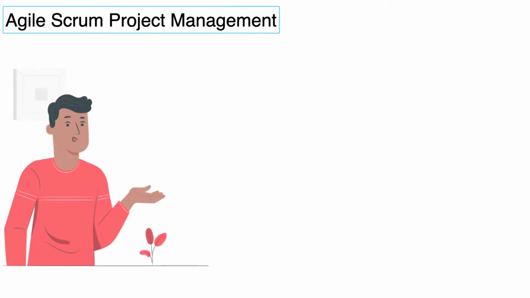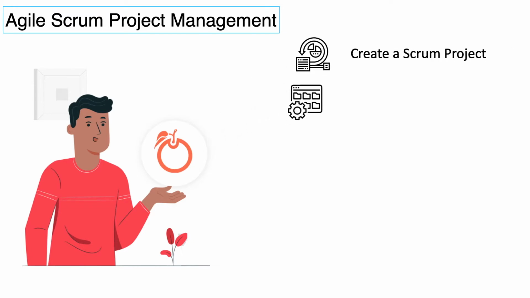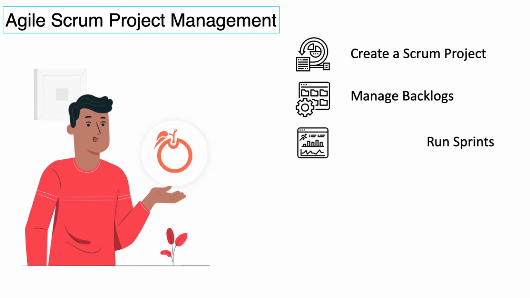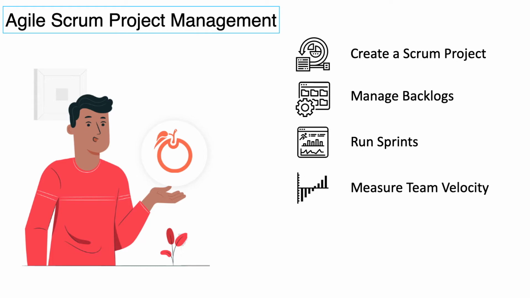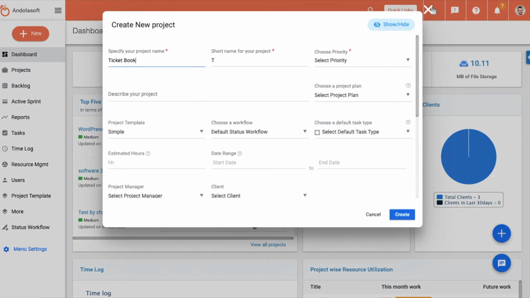Welcome to Agile, Scrum Project Management. In this video we will cover how to create a Scrum project, manage backlogs, run sprints, measure team velocity, and review sprint report. Let's start with a project creation, and choose Scrum from the methodology dropdown on the Create Project